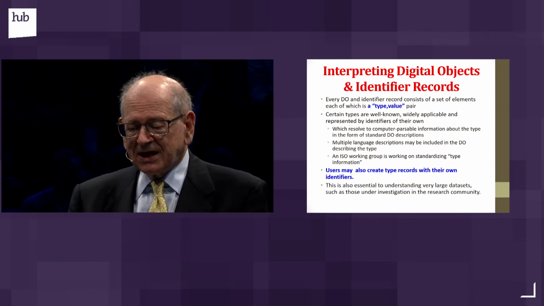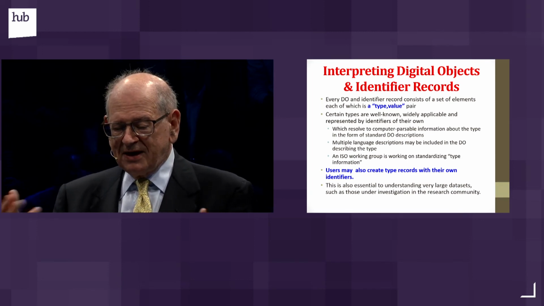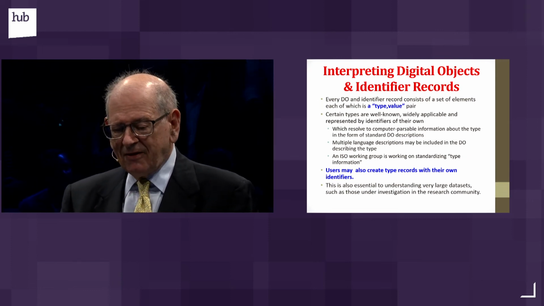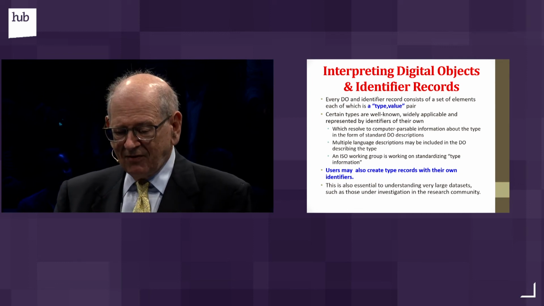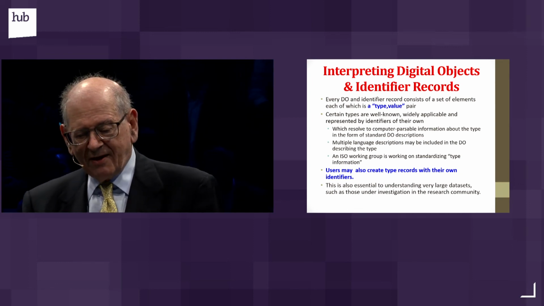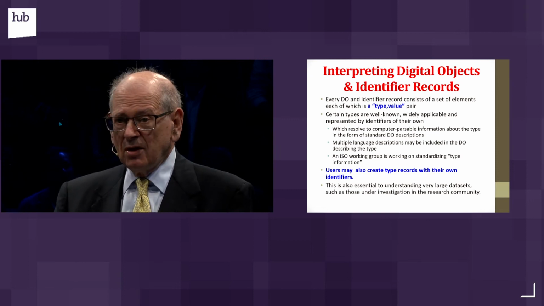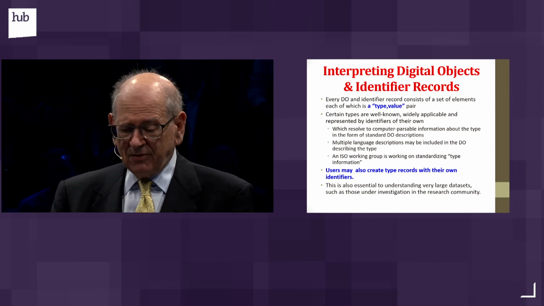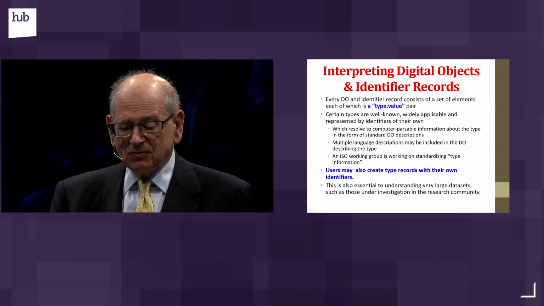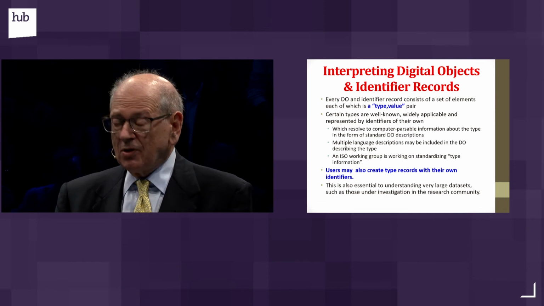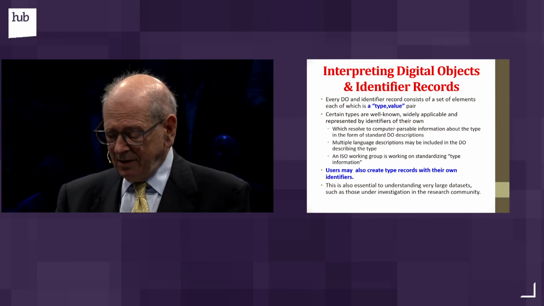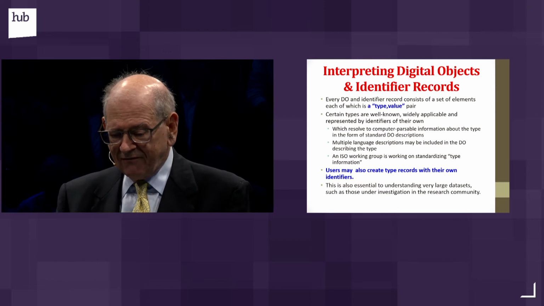So basically every digital object and every identifier record consists of these elements, each of which is a type value pair, and so you can parse this record very clearly and know what it is that it's saying. Some of these types may be very well known and your system just has them embedded. Some of the actions that are associated with them, same thing. You can have multiple language descriptions and the like, but most importantly, users can also create their own type records and post them to the world so that you can learn about them at your own leisure whenever.